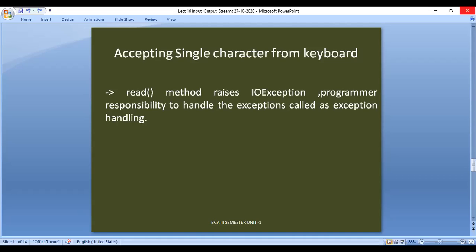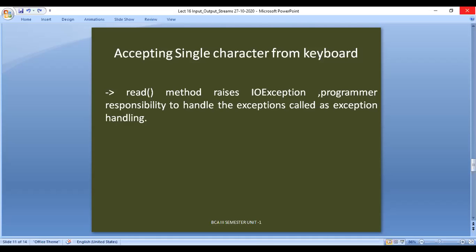Simply use the throws keyword: throws IOException is used beside the main method. If you use such a signature, the exception will not be handled by the program. It is simply thrown out of the program, because at this point we are not sure how to handle it.